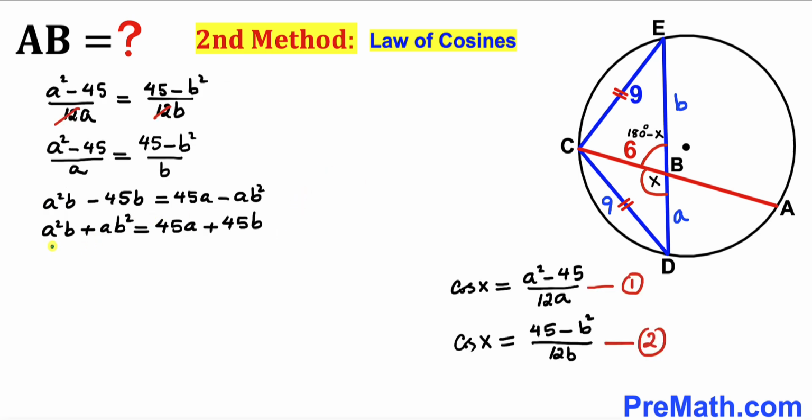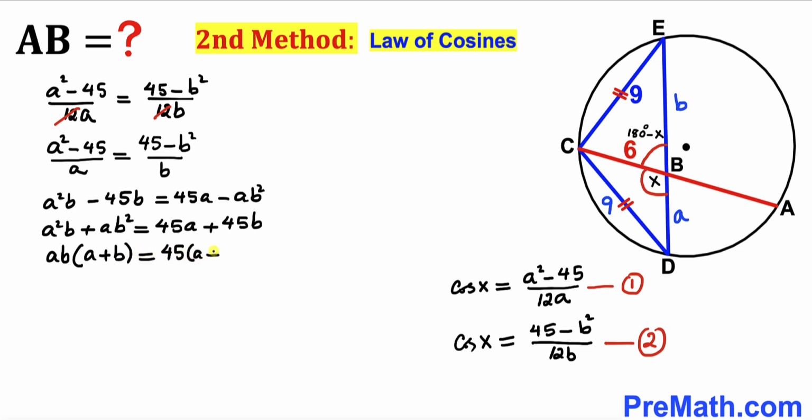And now let's make an observation. We can see ab is in common on the left hand side, and on the right hand side 45 is in common. So therefore I can write a times b times a plus b,